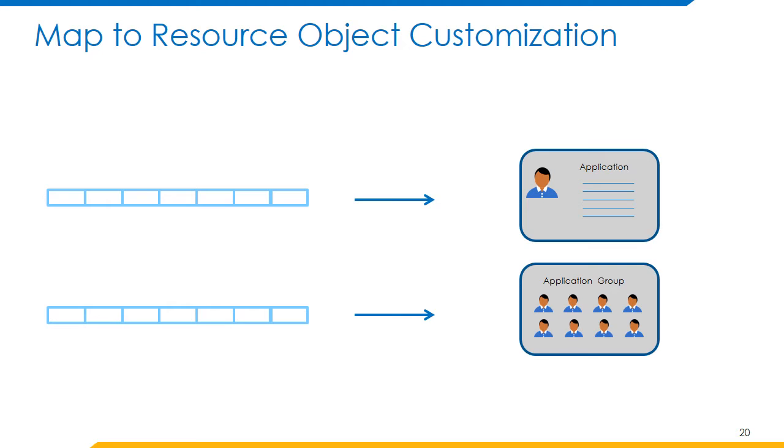The variables supplied to this rule are object, which is the default resource object that is created in case the map to resource object customization rule is not present. Application, which represents the application under consideration. Connector, which is the connector that shall be used by the application. State map, which shall persist information across various executions of this rule, just like the state map in the build map rule.